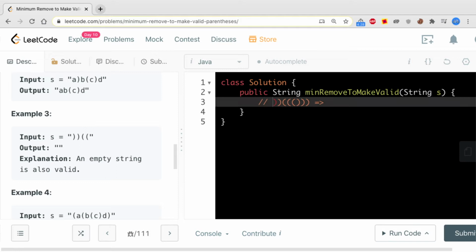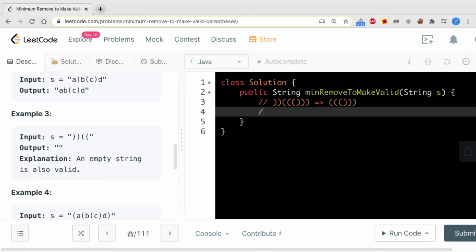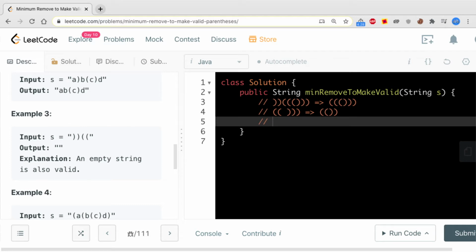So we have to remove this one and this one, and the remaining ones are matching, so our output will be like this. And if we see an extra one like this, in this case our output will be start, close, like this.